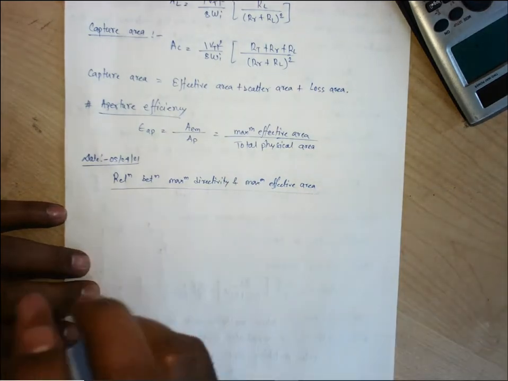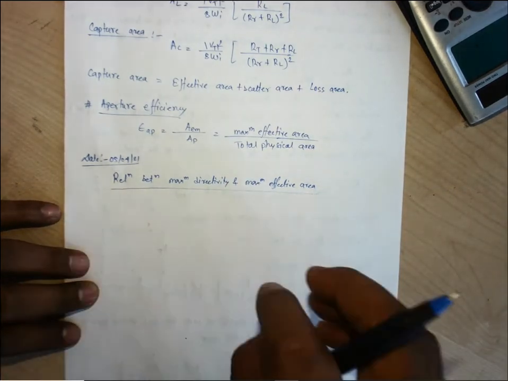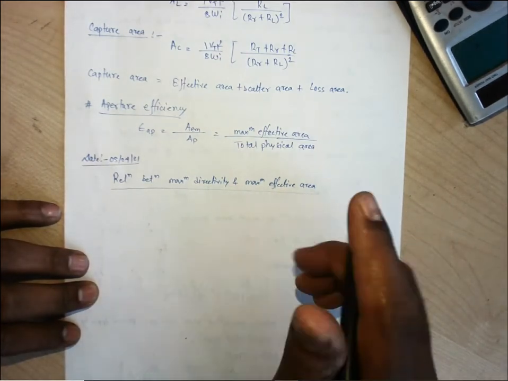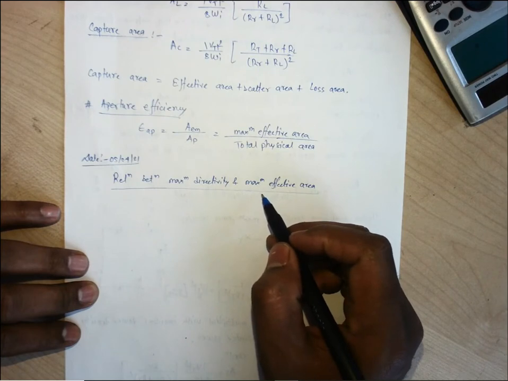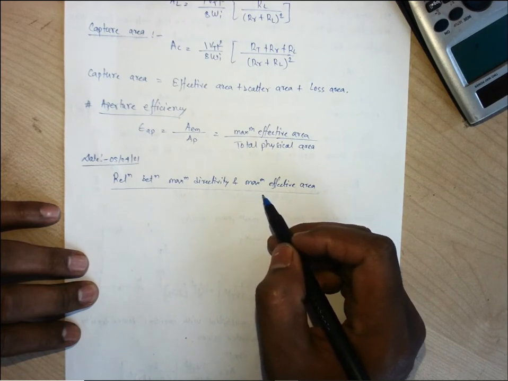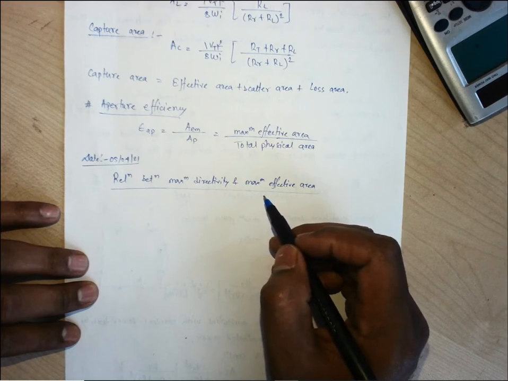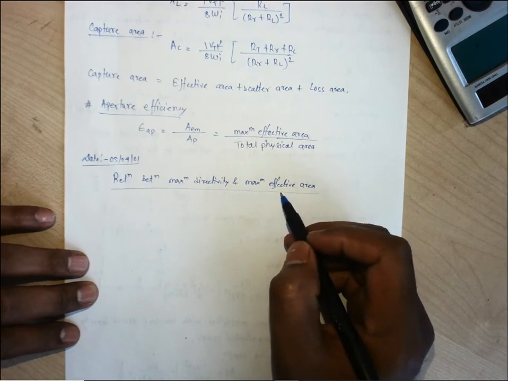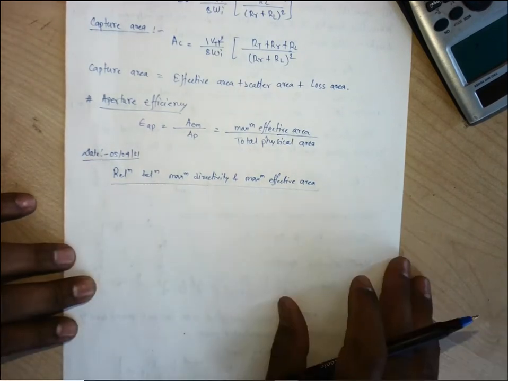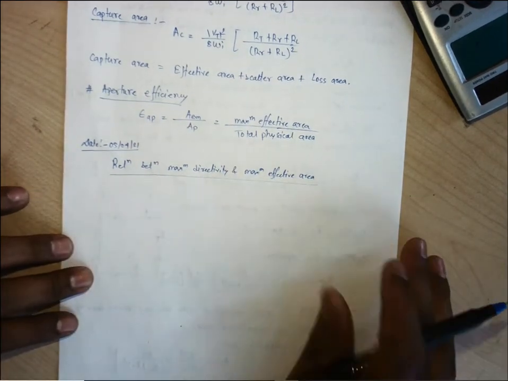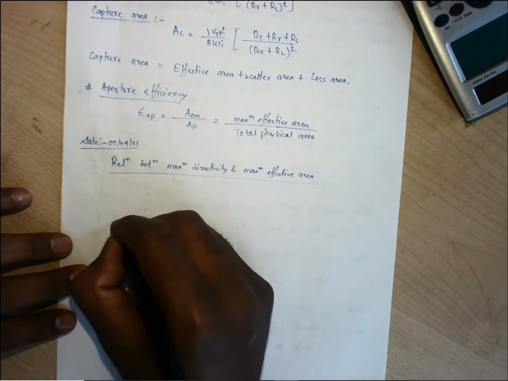So we have a transmitter, we have a receiver. The receiver will have a certain area by which it is able to receive the radiation. Depending upon the total physical area, how much is responsible for the optimum reception will depend upon the effective area. So we have a transmitter and a receiver, and they are separated by a distance. So let us take a transmitter.